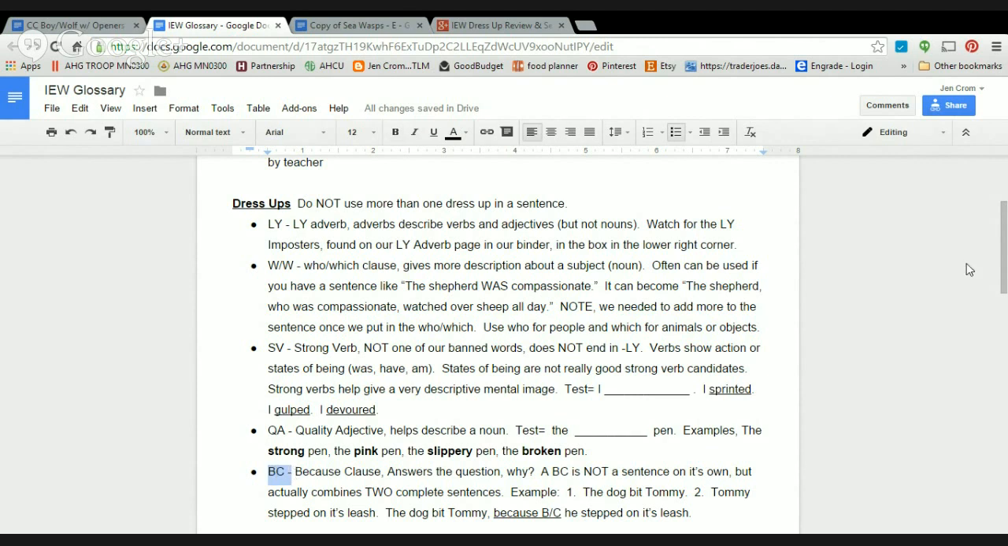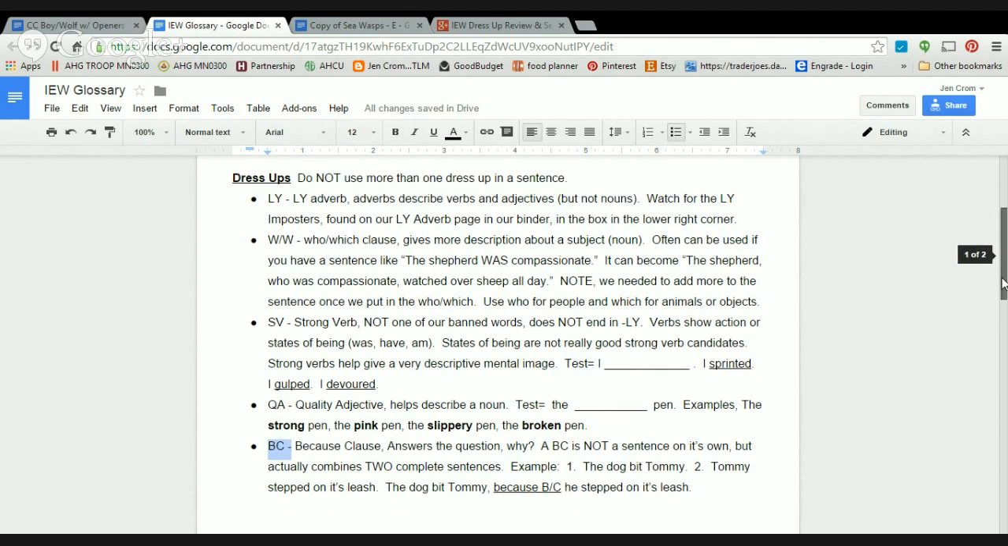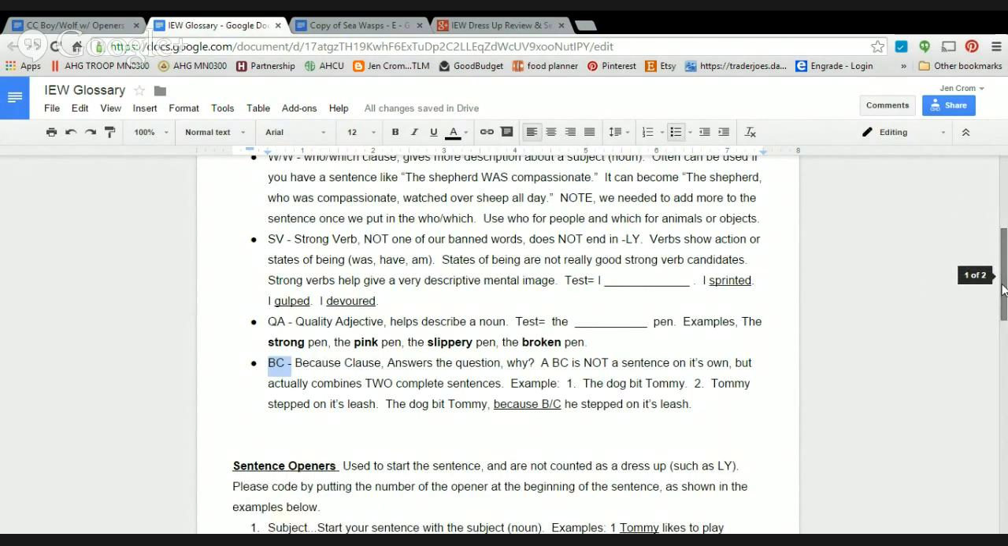And finally, we have our because clause, okay? And the because clause answers the question, why? A because clause is not a sentence on its own, but it actually is most often combining two complete sentences. So our example here is the dog bit Tommy. Tommy stepped on its leash. Okay, we can combine those with a because clause. The dog bit Tommy because he stepped on its leash. Okay,